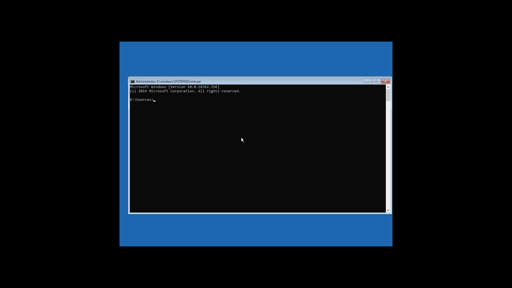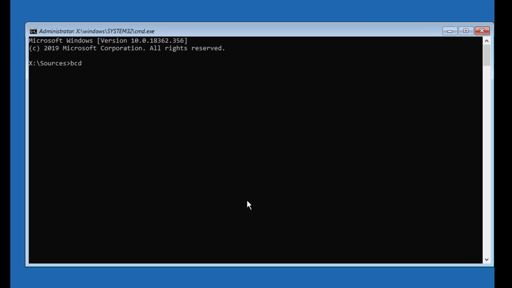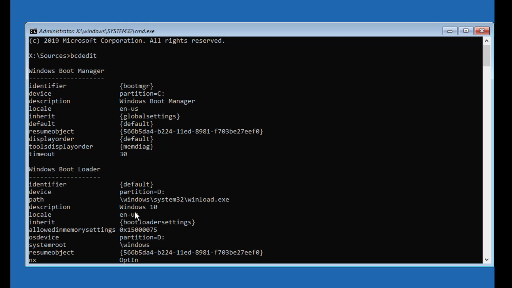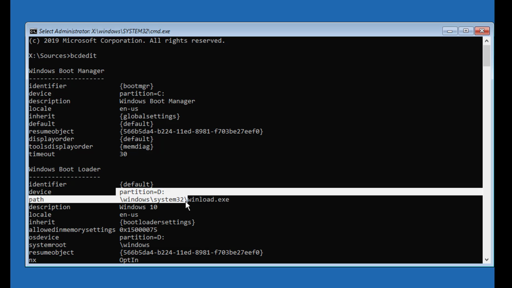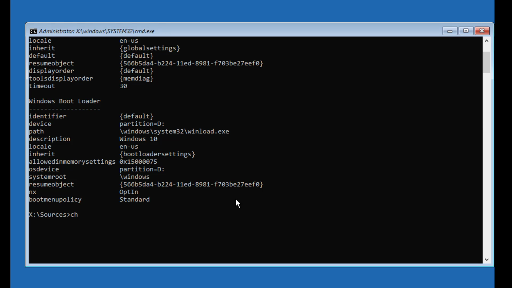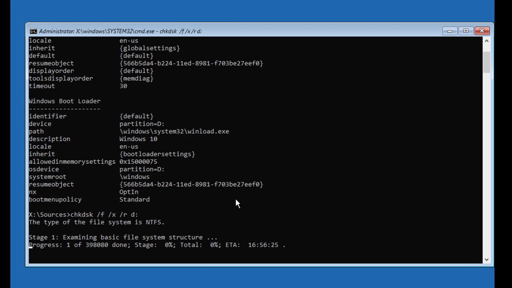First method is click Command Prompt. Type BCDEdit. Find the boot drive and the Windows installed drive. In my case the boot drive is C drive and the Windows installed drive is D drive. Type chkdsk /f /x /r d: